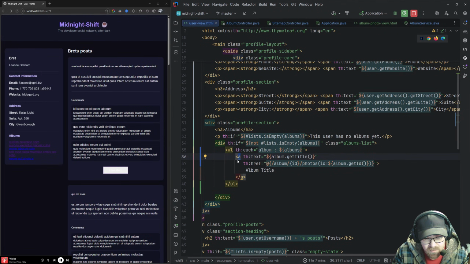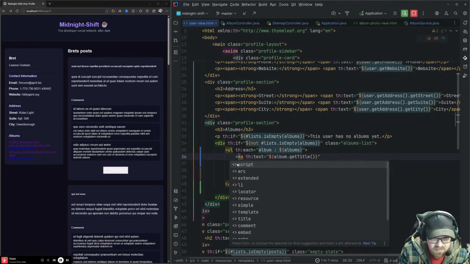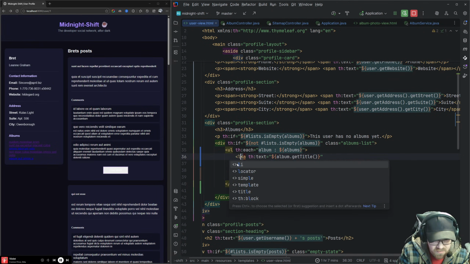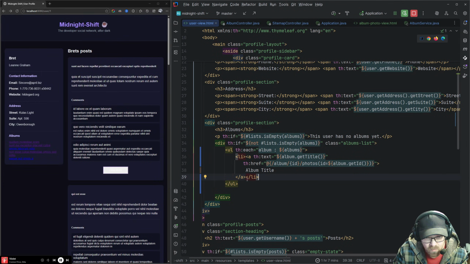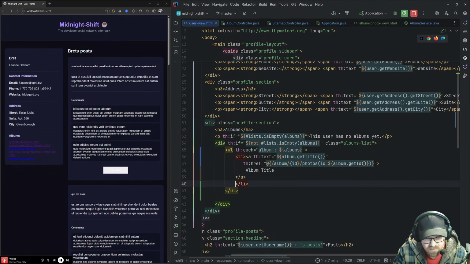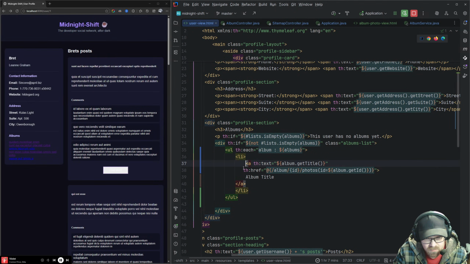I can't make a list item. Can I? Can I do this? Would this work? Just out of absolute curiosity.